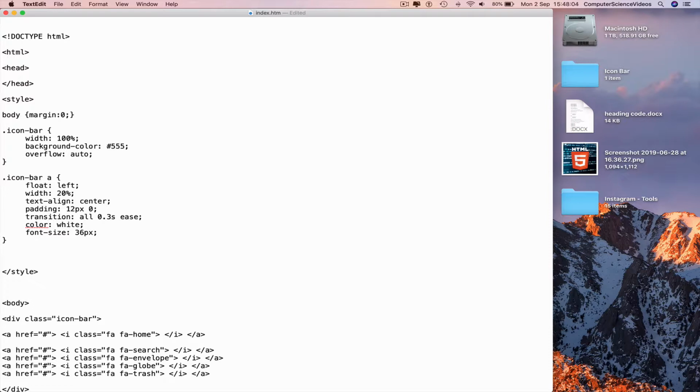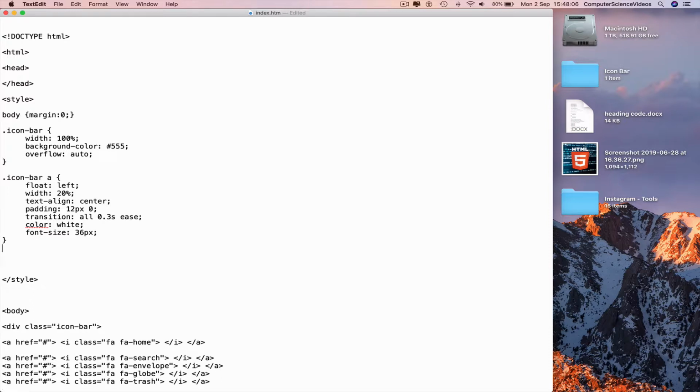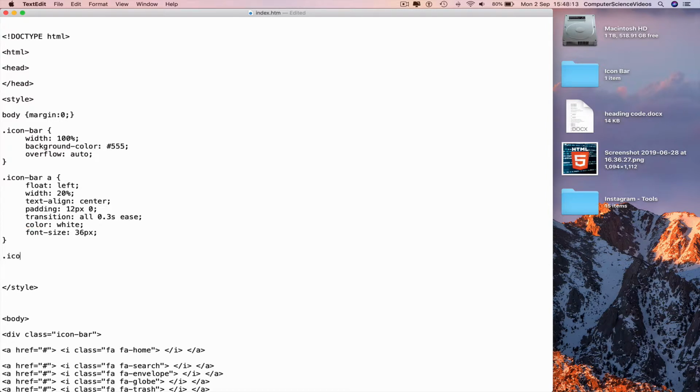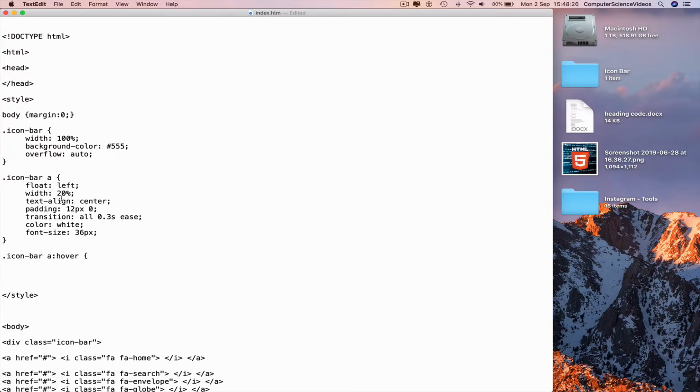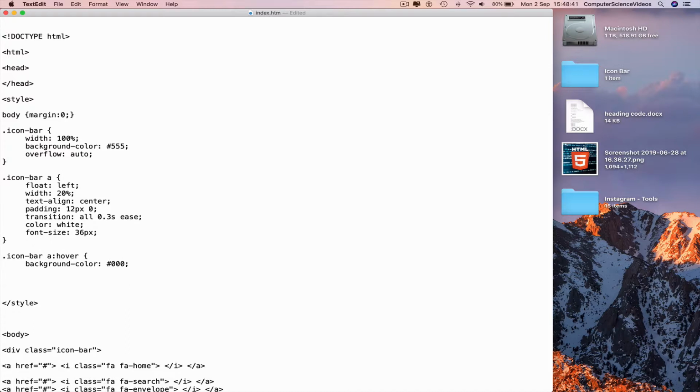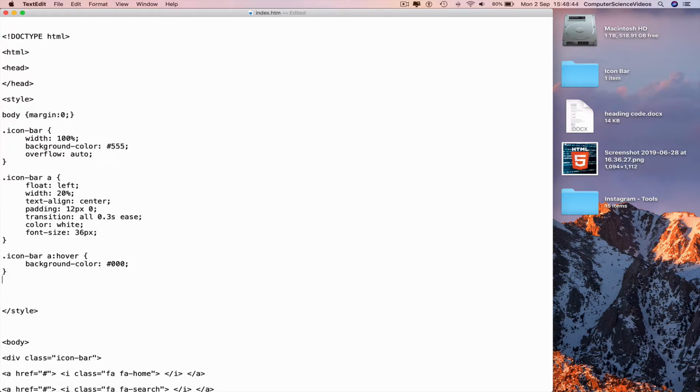and now we can insert a hover. So next line, dot icon-bar a colon hover, curly brace, next line, background-color, take from the top after we indent and paste, colon hashtag 000, semicolon, next line, curly brace,